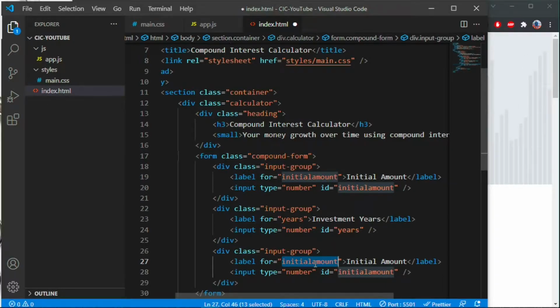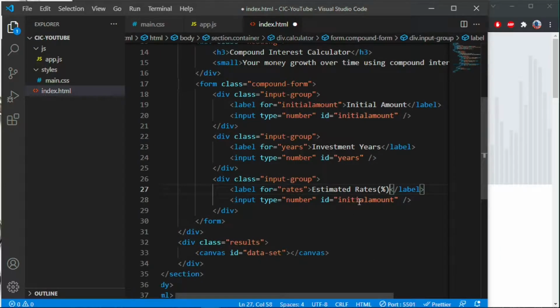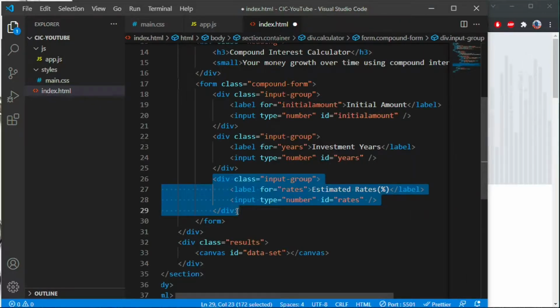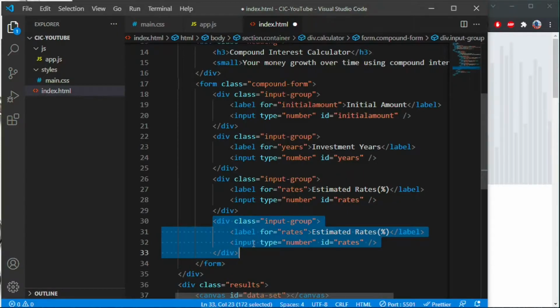Like how your amount is gonna grow over time. Let's just call it rate. It's gonna be in percentage, so estimated rates in percentage. Let's call these rates. And we also need a select input,